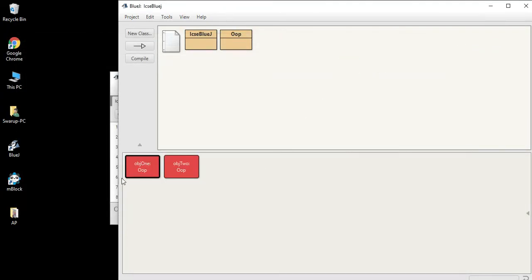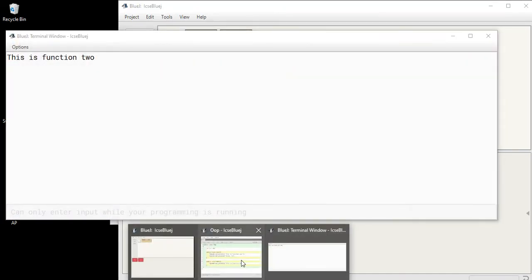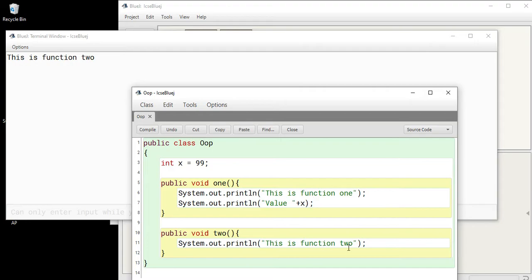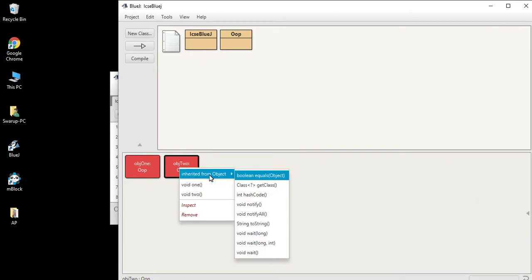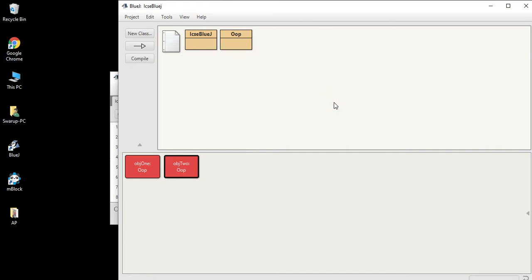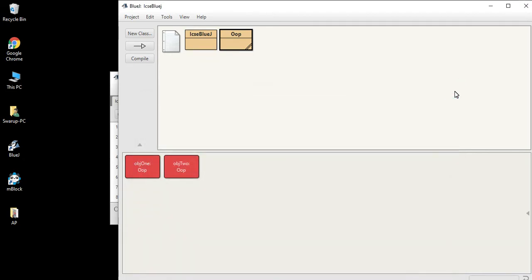So if I now wish to print function 2, that also I can do, and this function 2 has just got one statement. See over here it has got a simple statement. So that means it's my choice which particular function I want, or which particular object I execute. So this is making your program more user friendly. Even though your program has both the functions, it's your choice which particular function you will be giving a call to depending upon your selection. So I'm selecting the function and I'm calling it. That is the beauty of BlueJ.